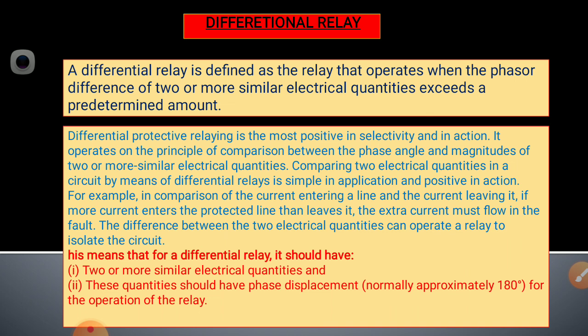इट मीन्स दॅट फॉर अ डिफरन्शियल रिले इट शुड हॅव टू or more two or more similar electrical quantities, and these quantities should have phase displacement normally 180 degree for the operation of the relay. So these are the two important terms related with the differential relay. That means two or more electrical quantities,